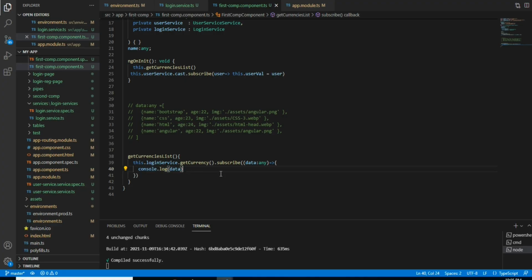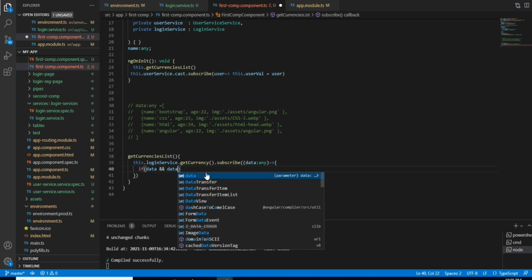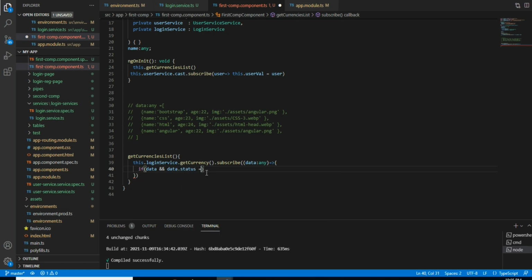We assign it to a variable, and later we will repeat the loop and show it in the view part. So for this, we need to mention: if data and data dot status is equal to 200, then this dot data array is equal to data.